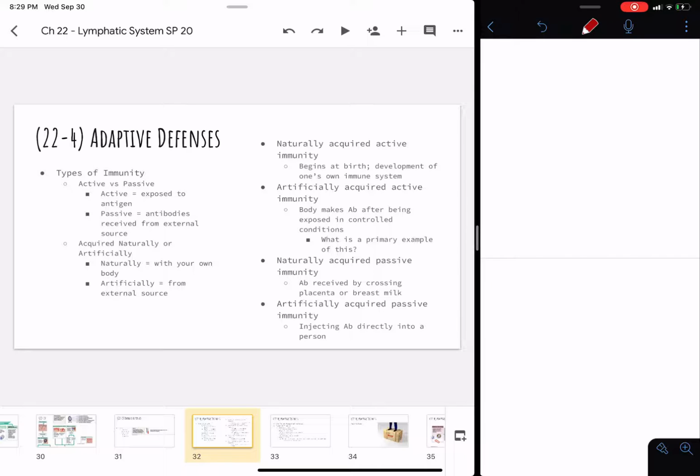And then the last example, artificially acquired passive immunity. Again, passive immunity, you didn't have to make the antibodies on your own, you just received the antibodies from something or someone else. And artificially acquired means that now we're either making them in a lab or we're extracting them from another species. So the classic example here is if you're hiking up in the mountains and you get bitten by a poisonous frog or snake or spider, and then you get sent to a hospital and you need the anti-venom or